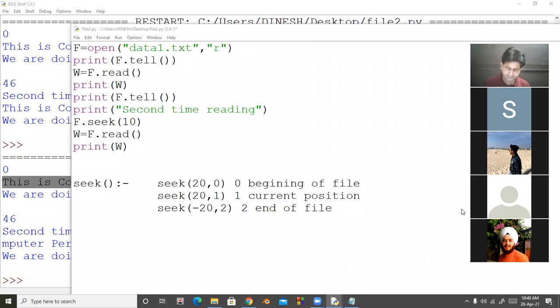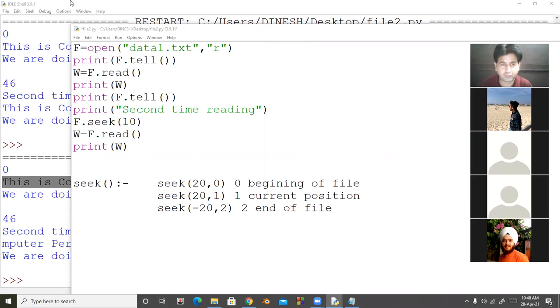Tanveer, it is clear? Yes, sir. So this is all about your seek and tell function. I am again repeating, tell function gives the information about the current location of the file, but your seek function will place the cursor in between the file.